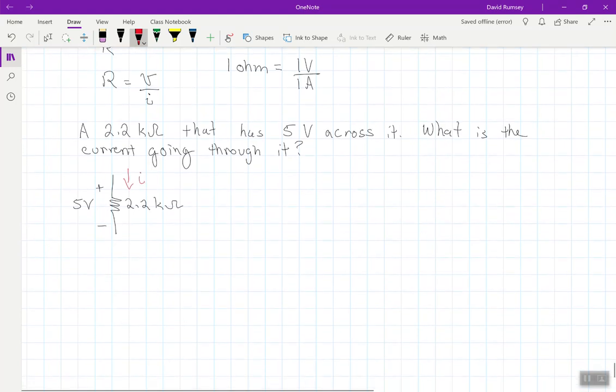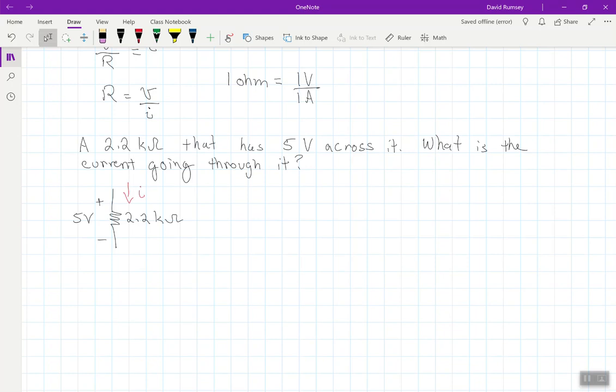Now this is not supposed to be a challenging or tricky question at all. This is just a very basic Ohm's law question. And so what we get here is that V is equal to R times I. So you have 5 volts is equal to 2.2 kilo ohms times I. Well, then I is simply 5 volts divided by 2.2 kilo ohms. And again, making sure that you're using kilo ohms as a notation here. When you do 5 divided by 2.2 kilo ohms,